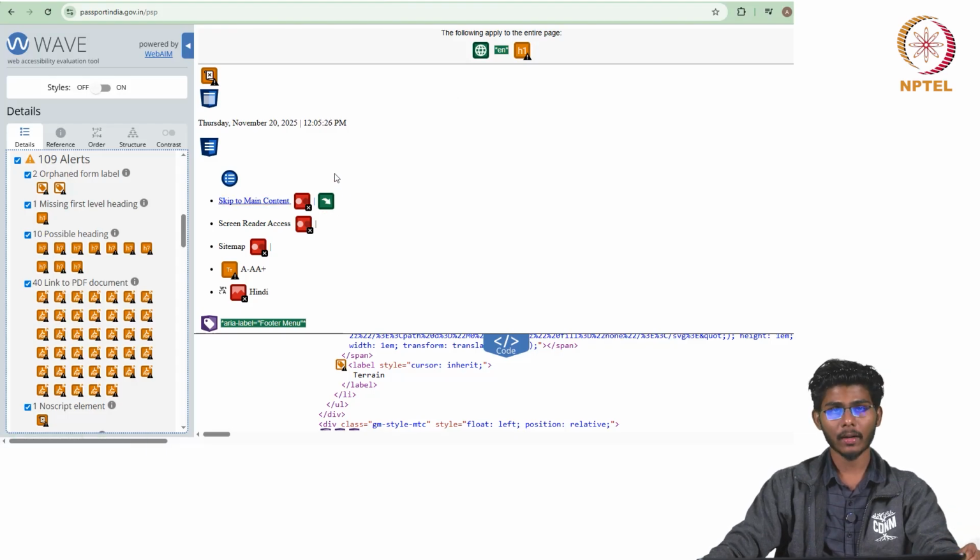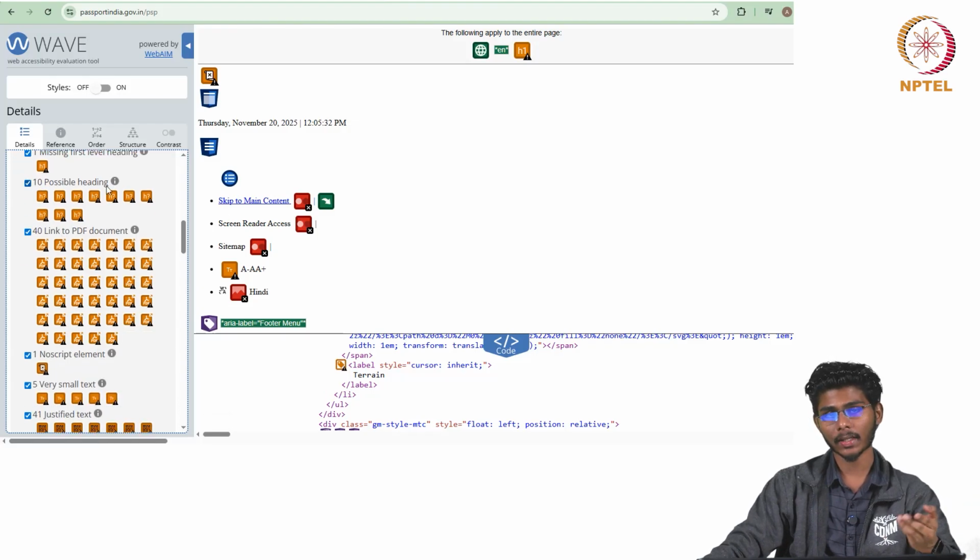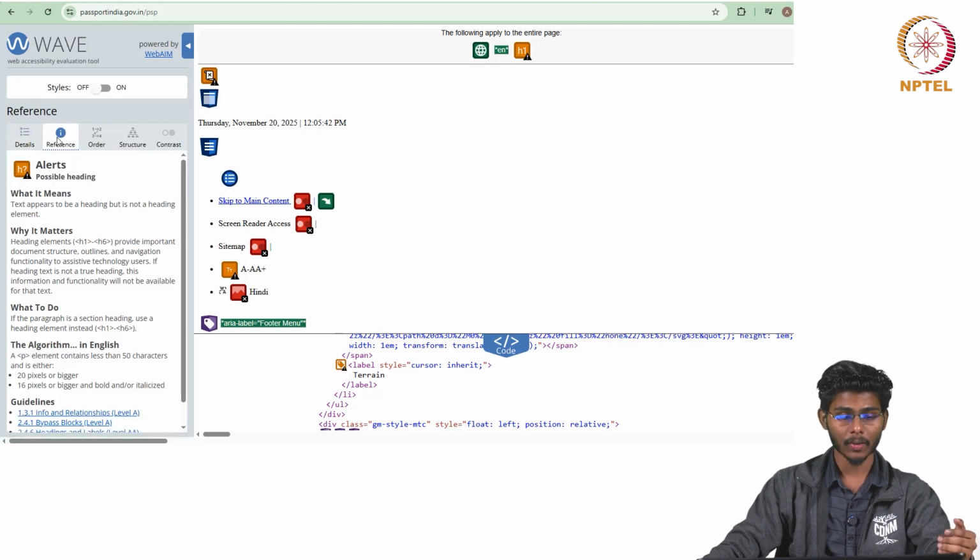So, H1 is the main heading and H2 is the subheading and H3 goes on with the subheadings and all, H1 to H6.